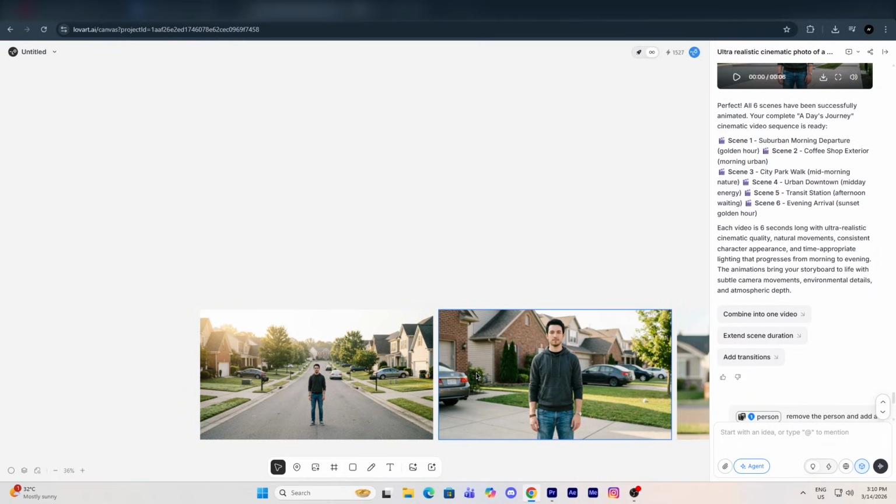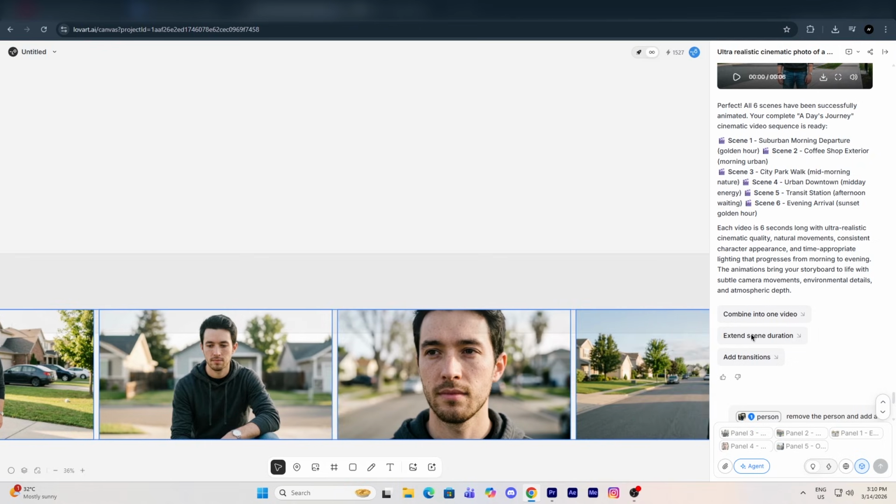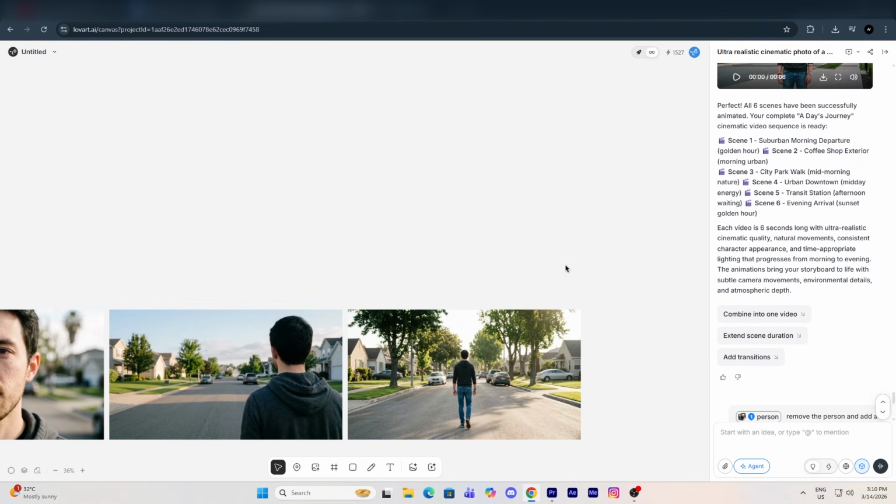The quality is actually really good. Now there's one more feature I want to show you. For example, if your image looks perfect, but you want to change a specific object inside it, you can do that very easily. To do this, simply hold the Control key on Windows or Command on Mac. Then click on the object you want to change.